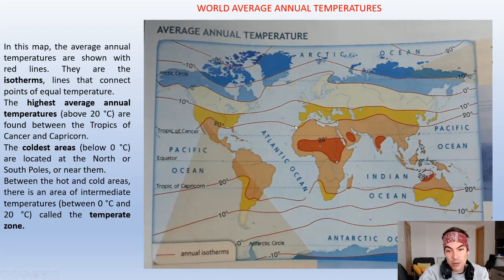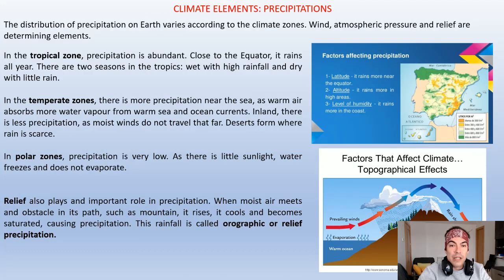Here in Spain, we are located in one of these temperate zones. The second element of climate is precipitation. The distribution of precipitation on Earth varies according to the climate zones. The wind, the atmospheric pressure, and the relief are determining elements. Here you also have a kind of summary,